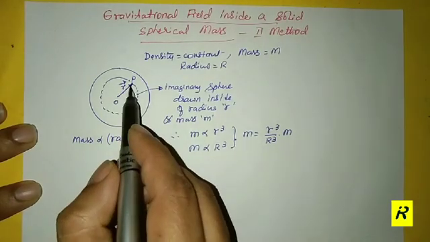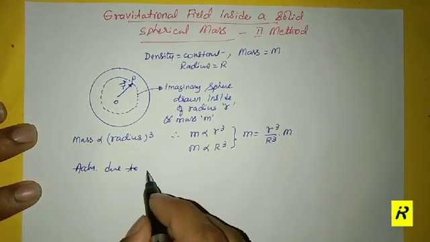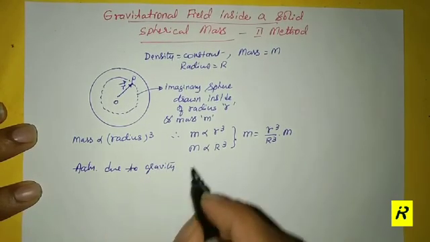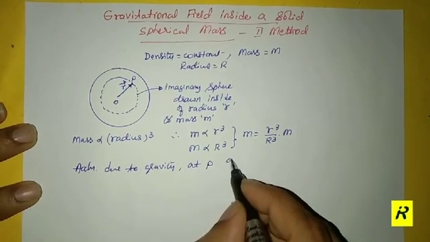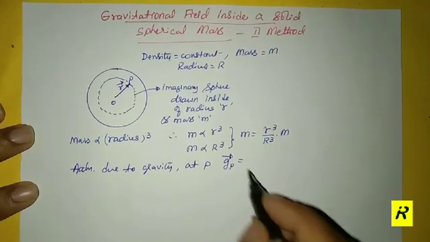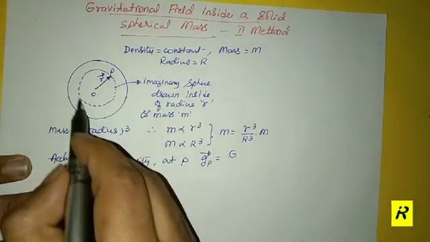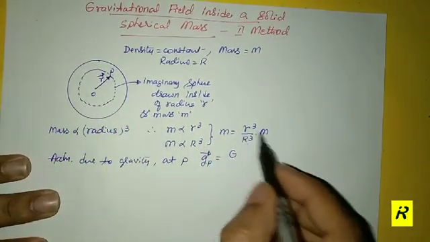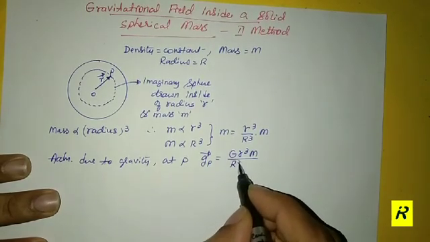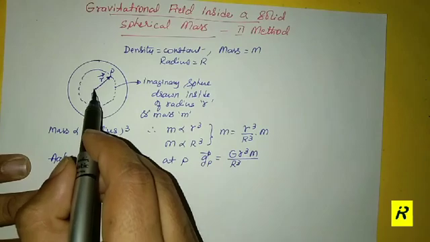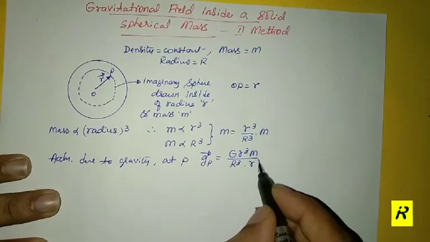Now acceleration due to gravity at P, right? So acceleration due to gravity because of mass at P is Gp is equal to, what I can write, G into how much is the mass of this material. This material is having the mass this much, which is r cube into M divided by R cube. And don't forget to write the distance from O to P. So distance from O to P is r. So it should be squared.